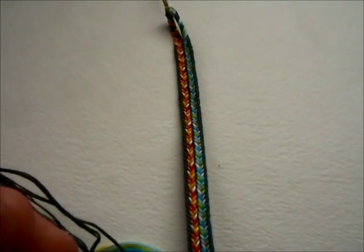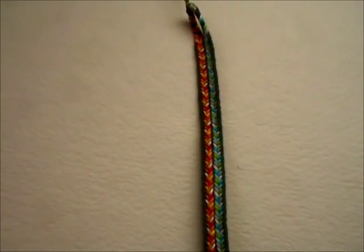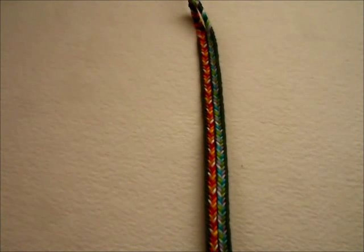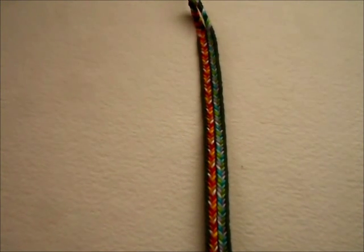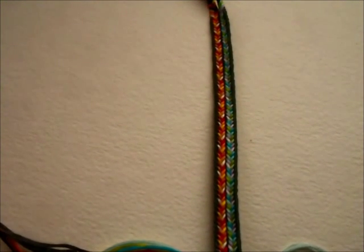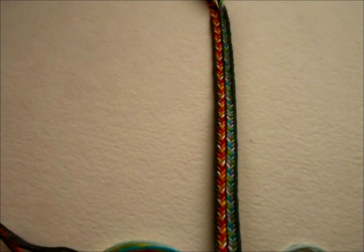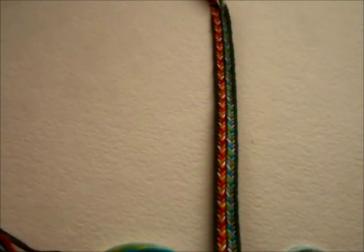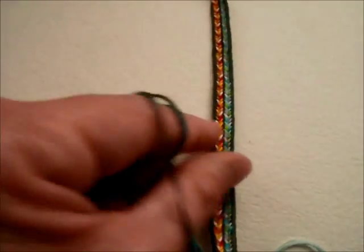Okay, here's the braid that I'm going to be demoing. It's a 13-loop flat version of a square braid. So it basically has a loop transfer on the left, and a loop transfer on the right. One side is braided with a turn and the other braided open, so the braid will open out to be flat